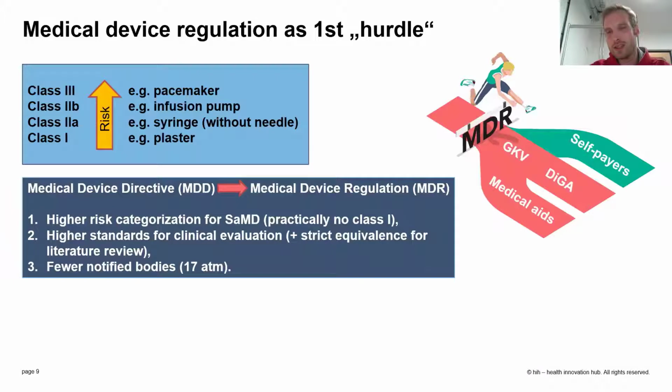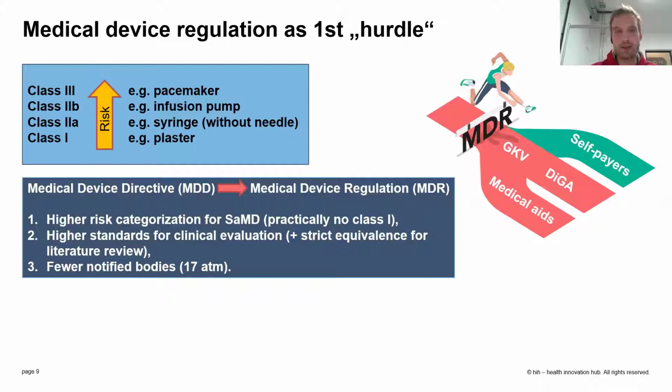And what is important in this medical device regulation system is that we're at the moment in a transition period between the former regime, the Medical Device Directive, the MDD, and the MDR, the Medical Device Regulation, which is much stricter in many senses, especially when it comes to software. So software in general under the MDR regime is categorized in a higher risk class than beforehand. Practically, class 1, which has very low requirements, where you just certify yourself as a producer or manufacturer, is practically not existent for software as a medical device anymore.